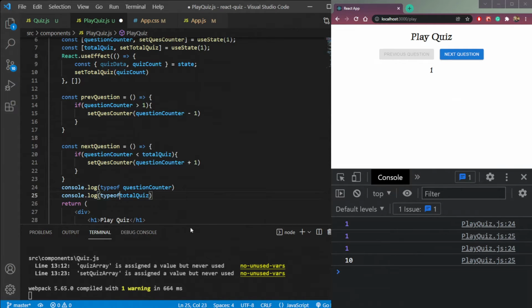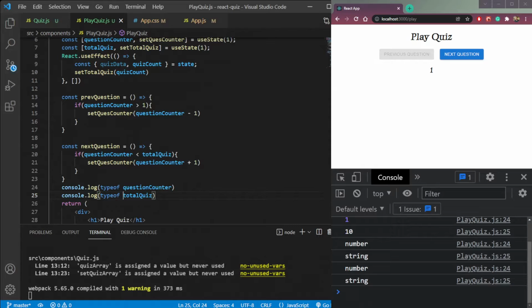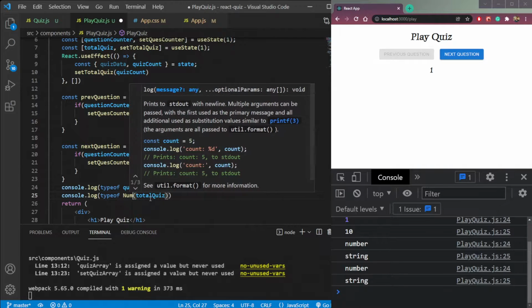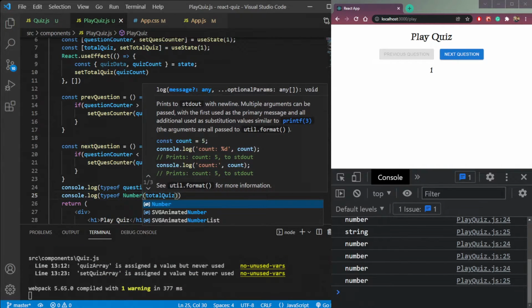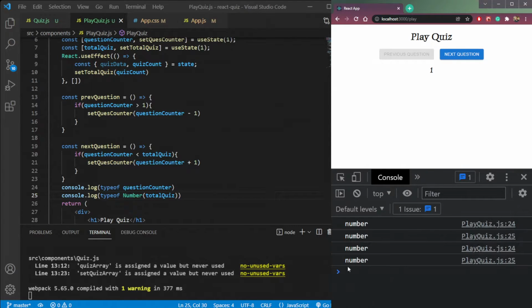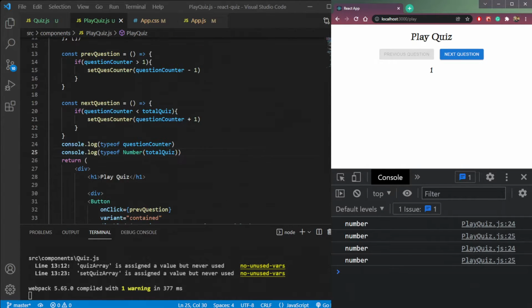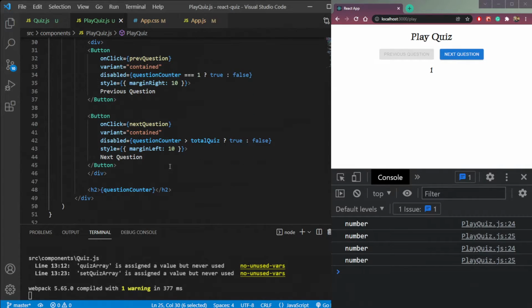Okay, the thing is, if we just do typeof this question counter and typeof this total quiz, see, one is number and one is string. So that's why it's not getting compared properly. So we need to convert both of them to a similar type. So let's compare number to number. We can just wrap this in Number like this, and it will work fine. If we refresh, see, both are number. So now we need to convert it here as well. So if total quiz is number,